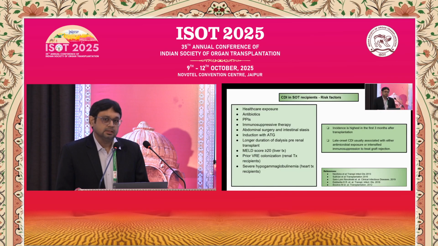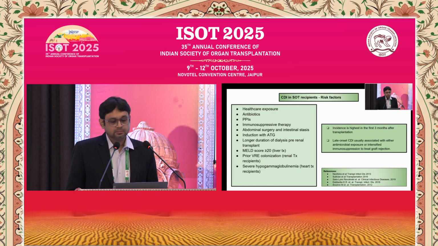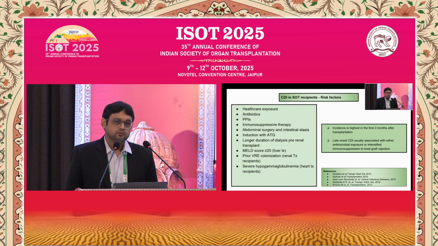So not surprisingly, the risk will be the highest during the first 3 months after transplantation, because that is the time patients are going to get induction immune suppression, they are going to be put on perioperative antibiotics, and there is the effect of surgery. So all these things will mean that in the first 3 months, the risk will be the highest. Going forward, there are two things which will determine their risk. How often do they get antibiotics and how often do they get treated for episodes of rejection? These two things really determine their long-term risk, and that is why these are again stewardship opportunities.